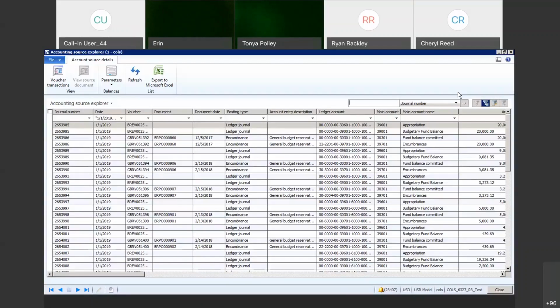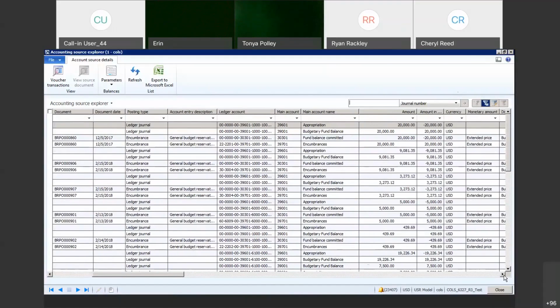Okay, and the data goes way off to the right here. You're only seeing 10 columns there, but there's 20 columns of data. Some other information, let's just kind of scroll over. You got your voucher number, you have your document number, which could be your invoice number, your PO number. Your ledger account. Here's another, and I'm going to do a demonstration of how to use it. In the trial balance, you can parse your ledger into separate columns for every financial dimension. You don't have that ability in this tool, so you have to use your wildcards within that column to get specific dimensions. You get the dollar amount,